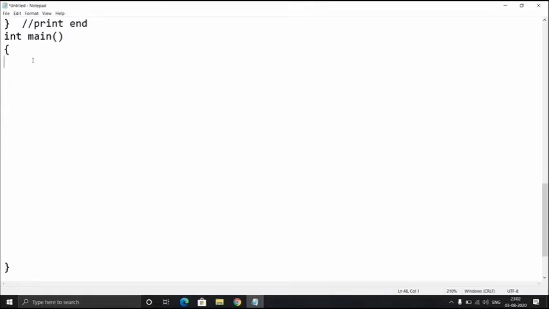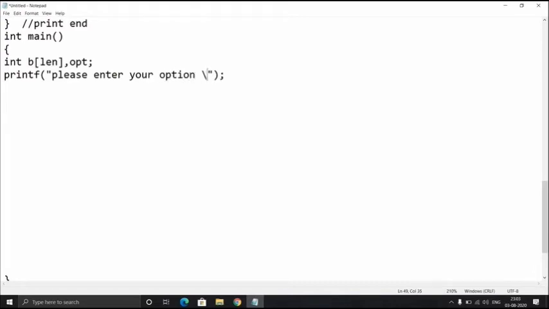In this main function, I'm going to ask the user if he wants to convert the number from binary to decimal or decimal to binary, and within binary to decimal, if he wants to enter a signed number or unsigned number. I'm totally leaving this to the user. It's her or his choice.